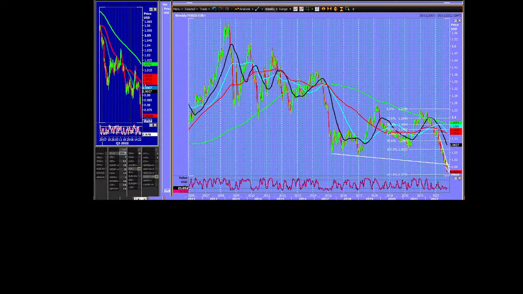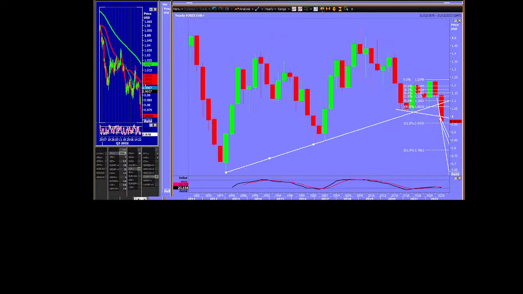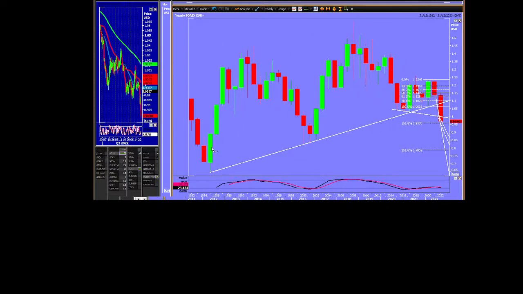I'm going to have to look at the yearly chart if I can try and find some targets. Is this trend line relevant? Okay, wow. This is the yearly trend line going back to 1985. The low here in the year 2000. The low here in the year 2017. I don't think I would have seen that in 2017. We bounced off it then. We bounced off it in 2020.